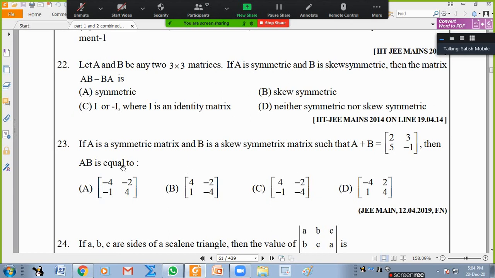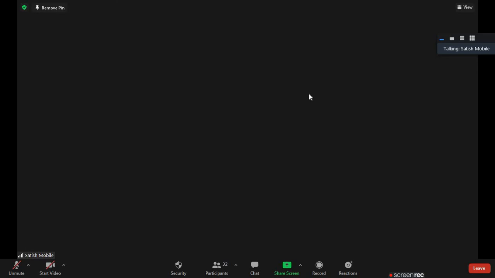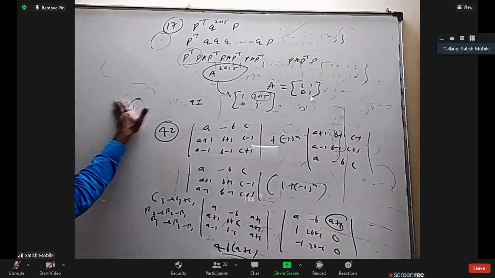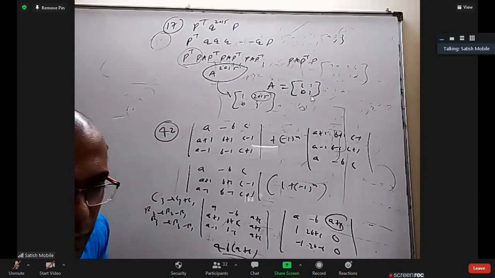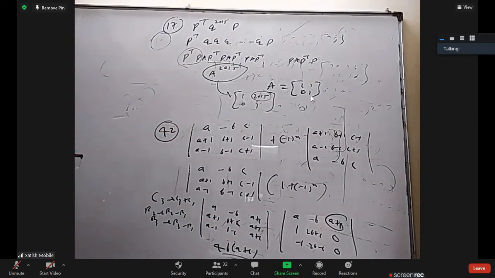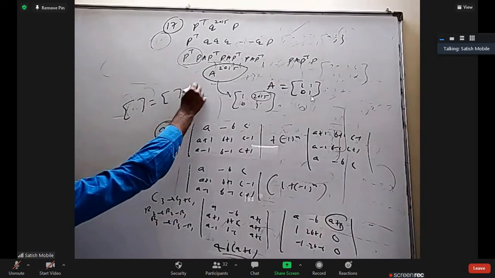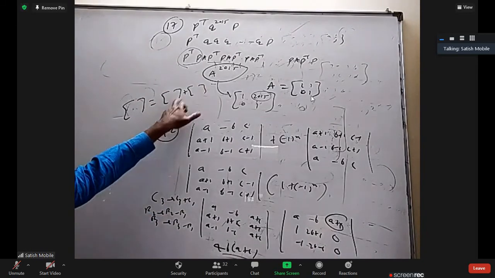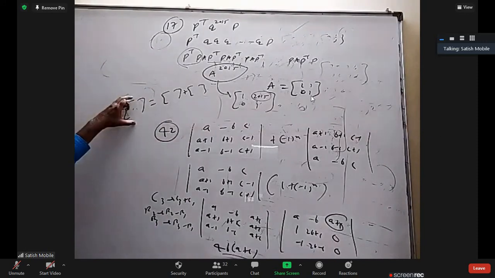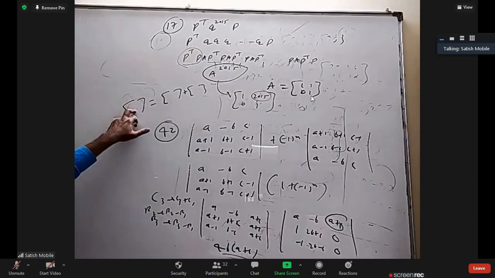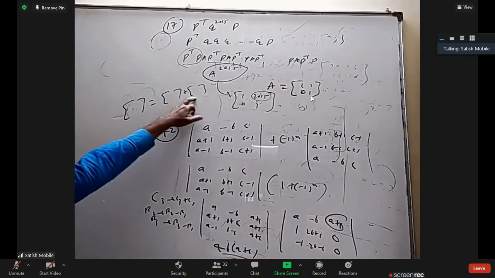Oh, today I was exactly discussing this 23. I think you're in the other class. It's okay. In the theory I told you that every matrix can be written as the sum of a symmetric matrix and a skew symmetric matrix. So here they gave a matrix. They want to write it as the sum of a symmetric and a skew symmetric. How to know what is this and what is this? Take this plus its transpose by 2, you will get the symmetric one. Take this minus this transpose by 2, you will get this.